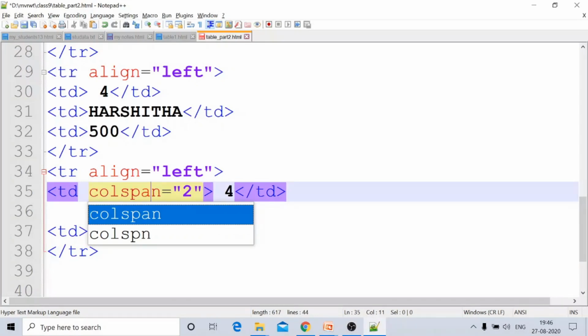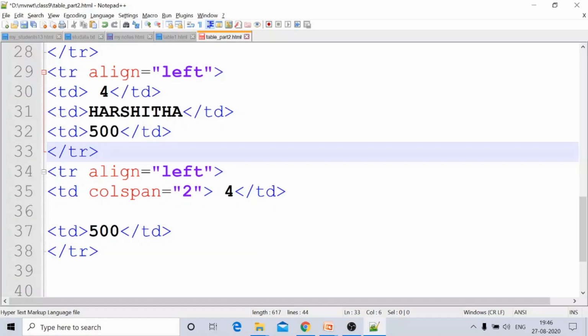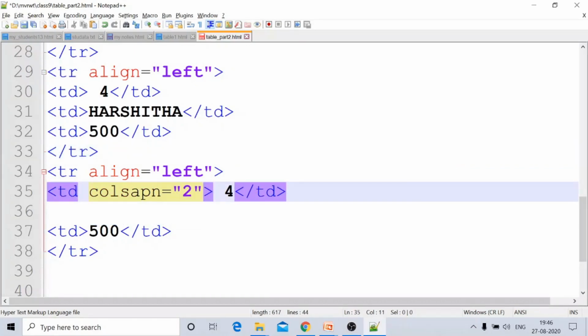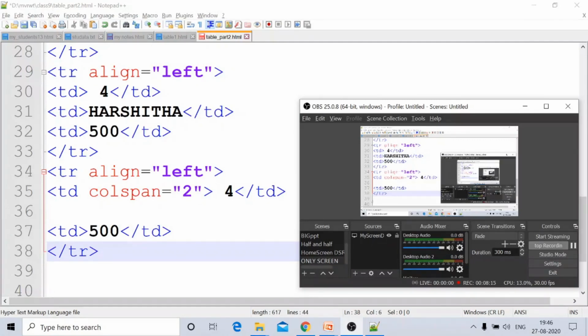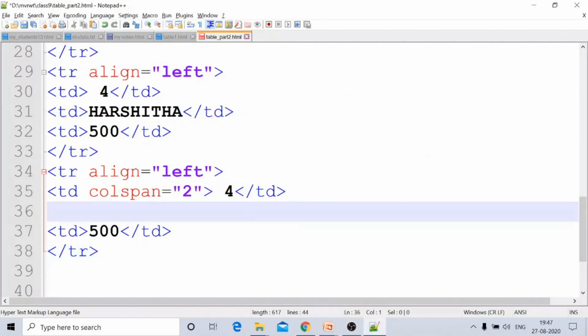This is the advantage of using this editor. If we use Notepad, no colors will be shown. It is a little bit difficult. We have to check point to point. Suppose in place of span, I typed something else, then it is difficult. SPAN, col span. If I use col span here, now the data will be spanned column-wise.